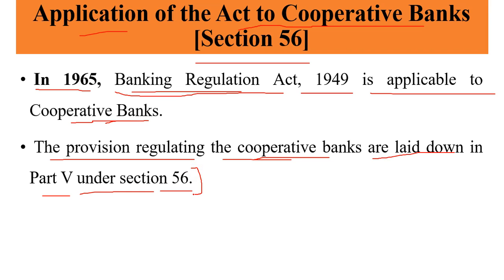The commercial banks are required to maintain the capital requirement of 5 lakh rupees. If it is a foreign bank, they are required to maintain 20 lakh rupees if the foreign bank is in Mumbai and Kolkata, and 15 lakhs if the foreign bank is not situated in Mumbai and Kolkata. And the cooperative banks are required to maintain a capital of not less than 1 lakh rupees. So this is the difference between cooperative banks and commercial banks as per the Banking Regulation Act 1949.